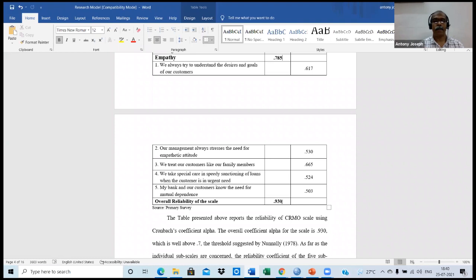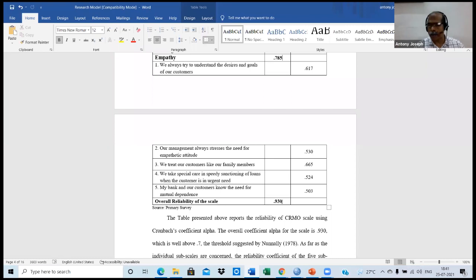But on the other hand, always remember, I have already told you I have a scale for the measurement of performance of bank and mass banking and so on, which are not shown here because the reliability of such statements is to be taken into account, but they are not to be shown here because these 5 components form together to measure the construct of CRMO.